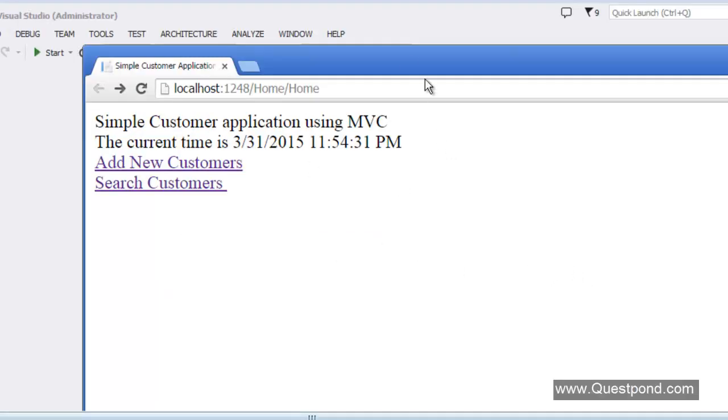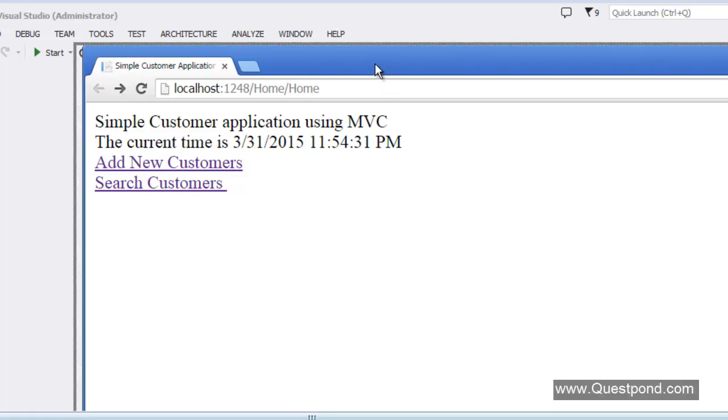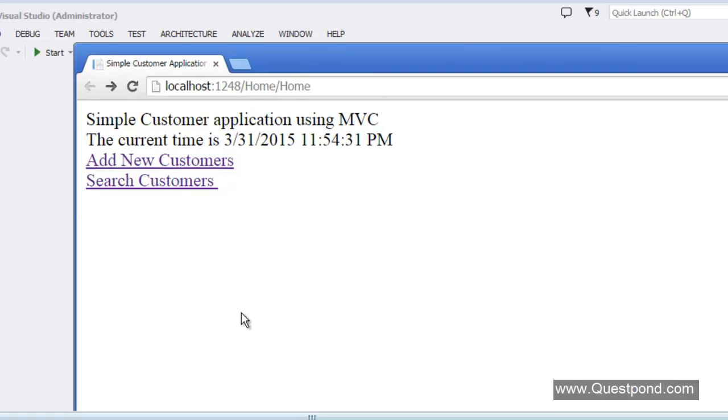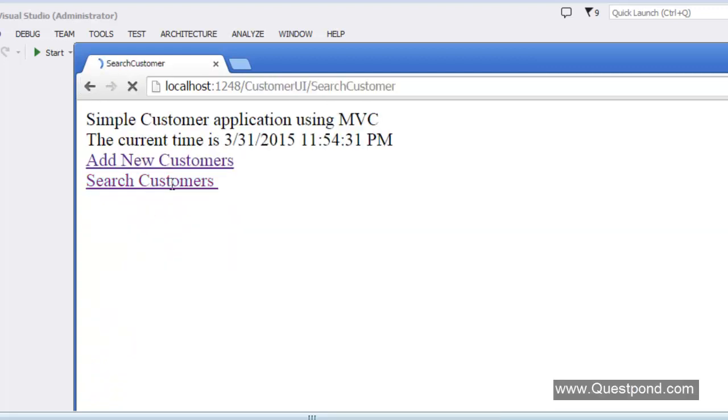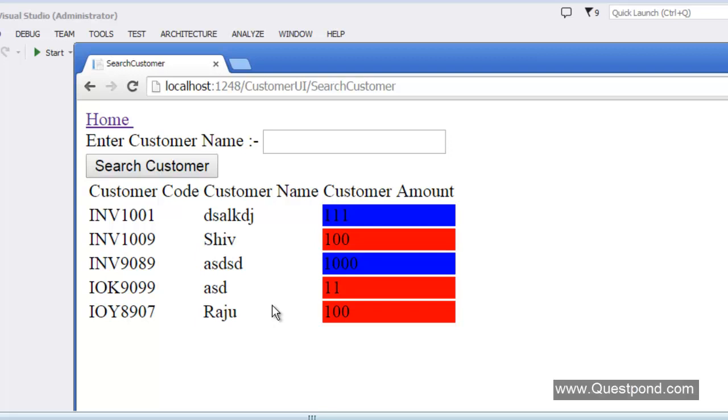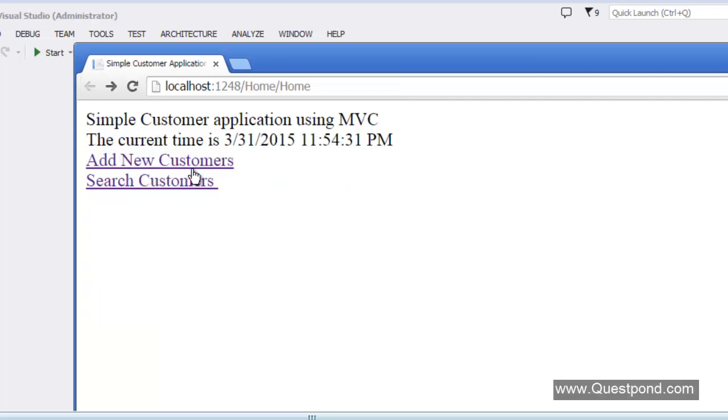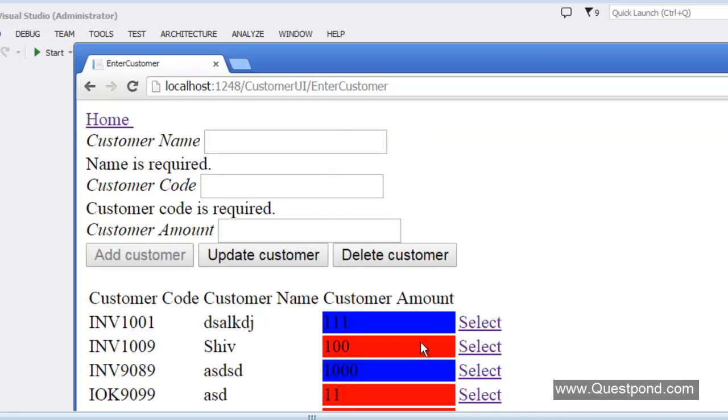In order to understand single page application using Angular routing, let us take our same customer application. In the customer application, especially let us concentrate on this screen here. It has two links, one which goes and adds new customers to the database, and the second one which helps us search the customer from the database. When I click on add new customers, it navigates to this page. It makes a postback, goes to the server and fetches this page, and we are over here.